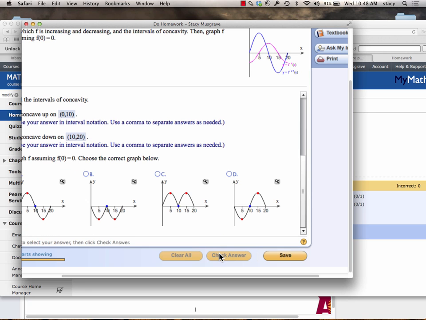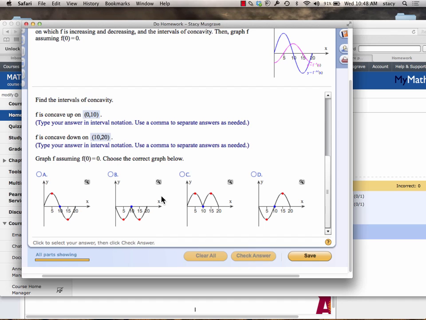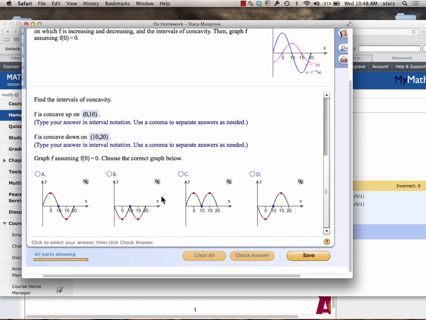Excellent. We are making progress, guys. Okay, so then, what happened? Oh, and so now we actually get to figure out what the graph is. Sweet. Okay, so then